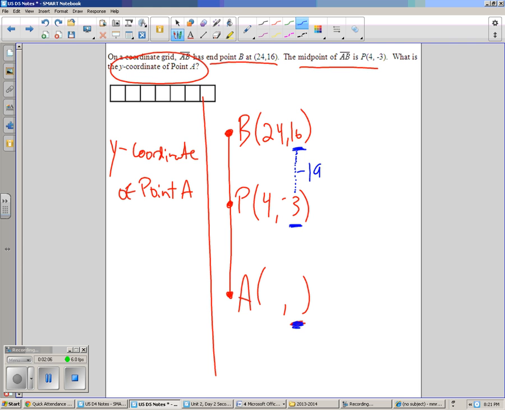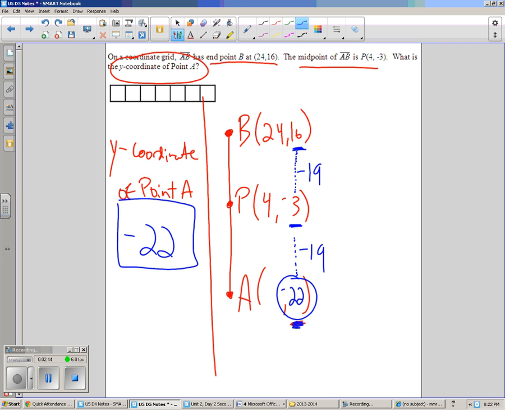Well, I subtract 19. So in order to get from the midpoint to the second endpoint, I need to do the same exact thing. I take -3 and subtract 19 again, and I get -22. That makes sense because if I'm going halfway by subtracting 19, then to go the whole way I need to subtract 19 again from the midpoint, and I get -22. That is the y-coordinate